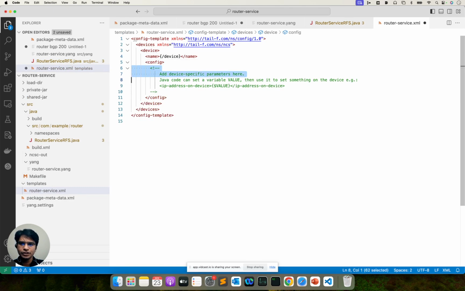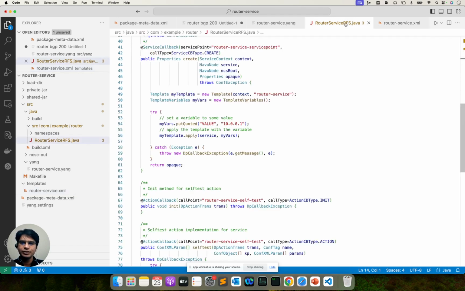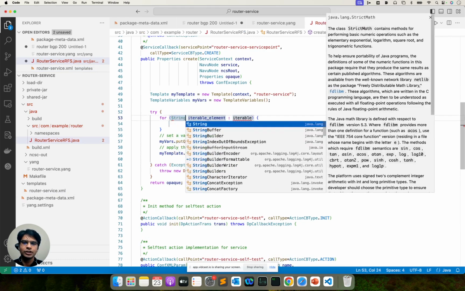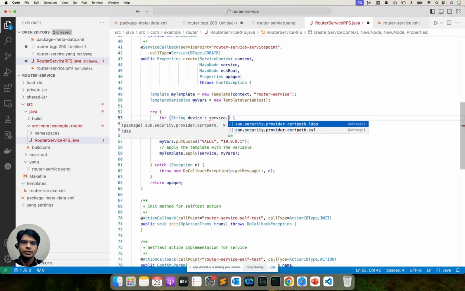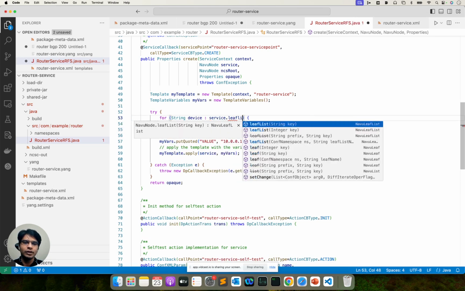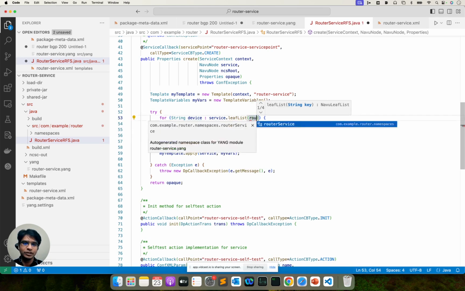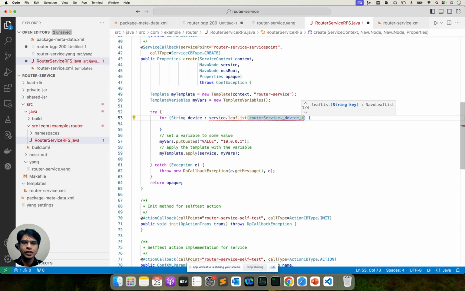So we will just push config on the device, and in our Yang file, device is a leaf list. So let's say we want to apply the template once per device. So we will iterate in the service on the device. So maybe I will write for each string, maybe device, and service dot leaf list. I don't have to give a hard coded value because namespaces are already included. I can just use the namespaces, and